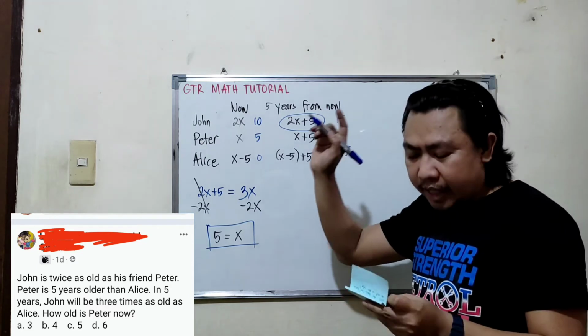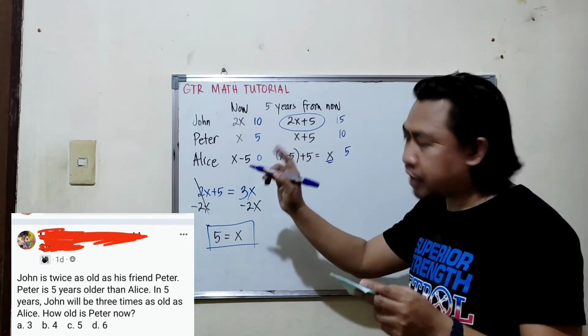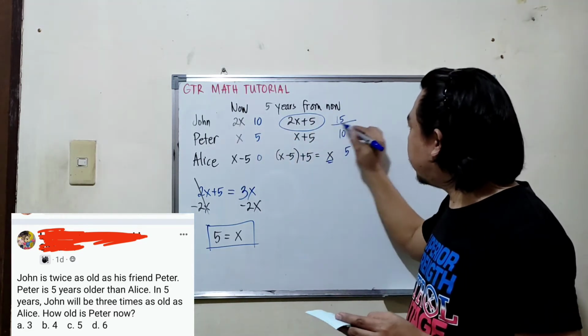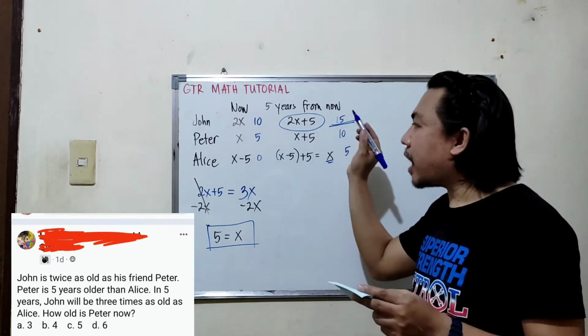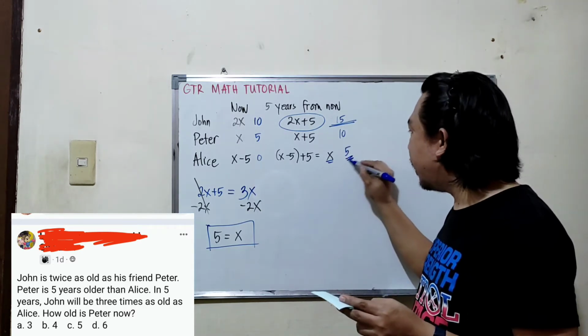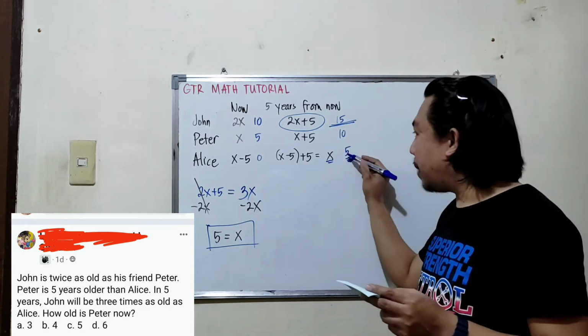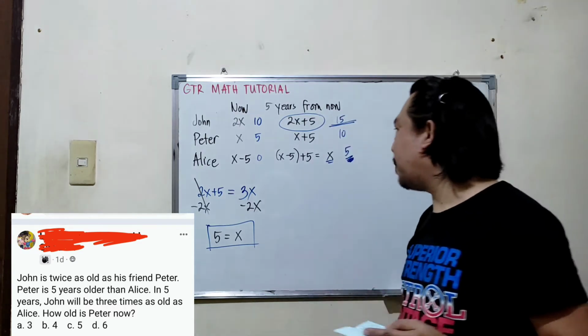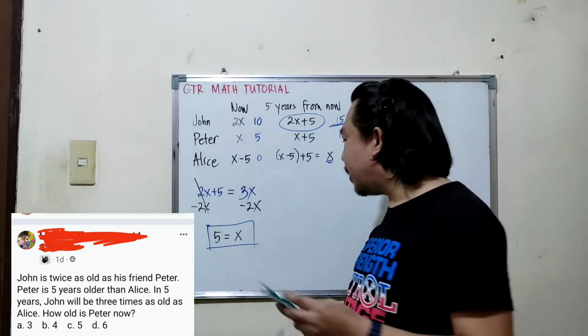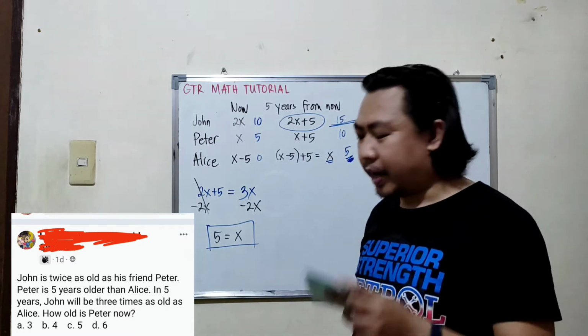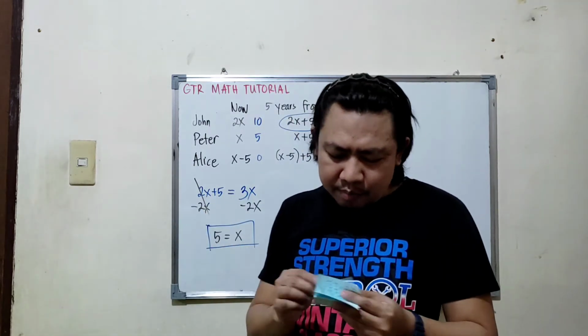So, sabi, in 5 years, eto si John, 15, is 3 times as old as Alice. Di ba? Si Alice ay 5. So, 5 times 3, 15. Okay, so tama yung sagot natin. Ang age ni Peter now ay 5. Okay? So, yung next natin, number 4,